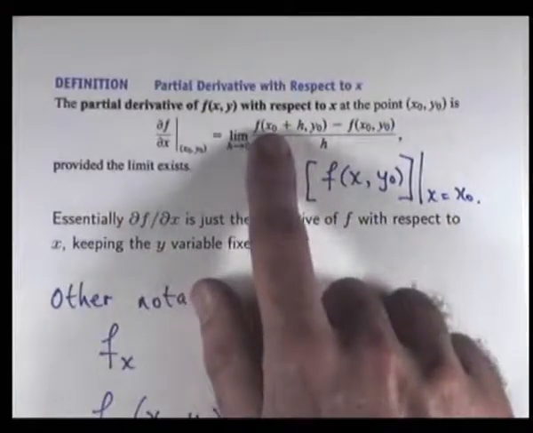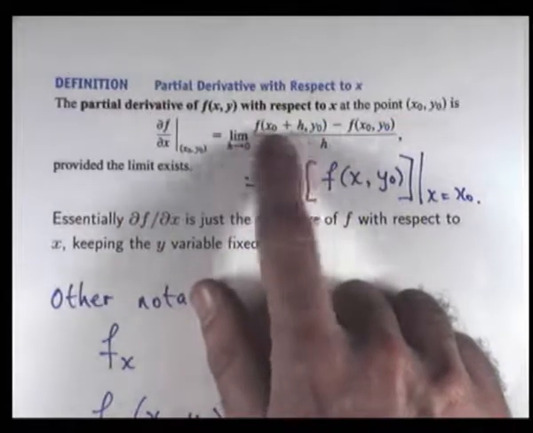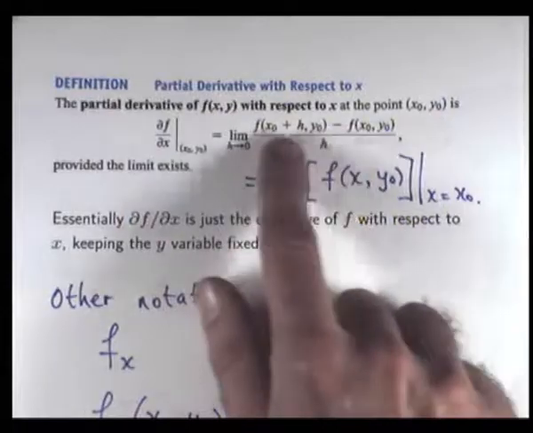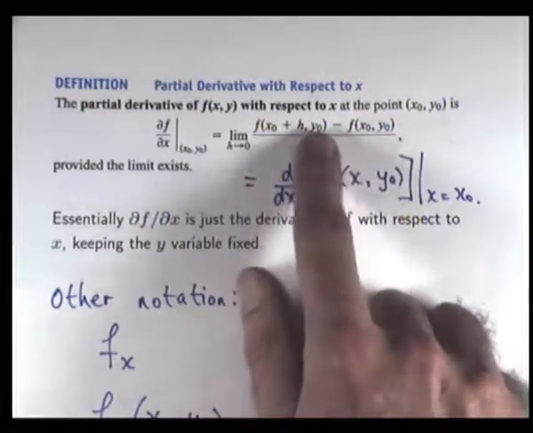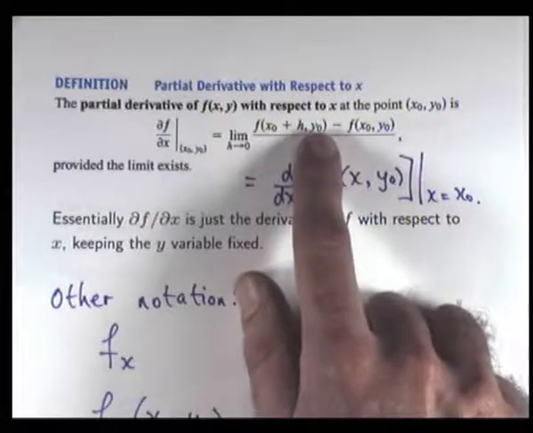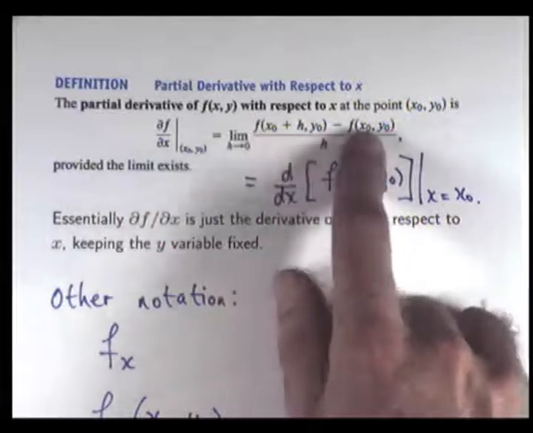Let's take a closer look at this limit. Notice here that the first variable, the x variable, is the only thing that changes. The second variable doesn't change. Essentially it's the limit of this difference quotient where there's a change in the first variable,